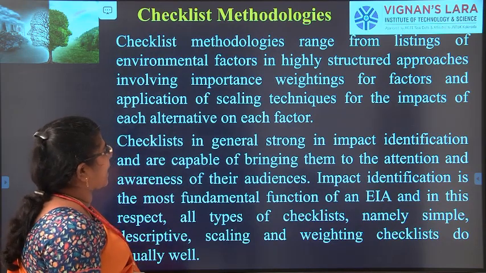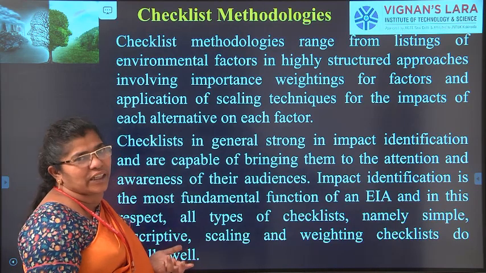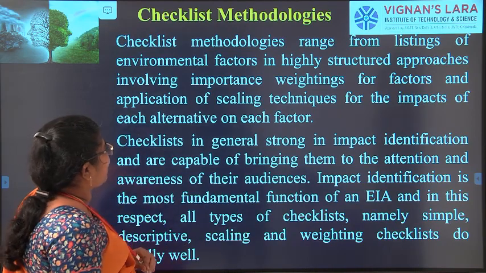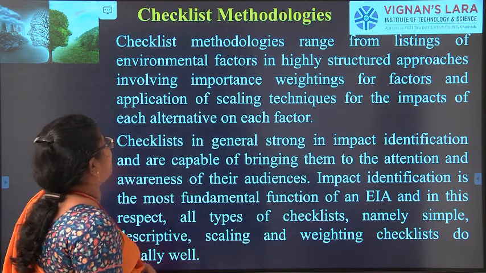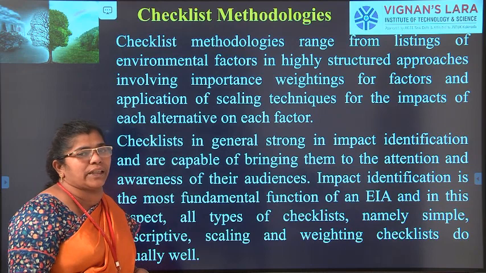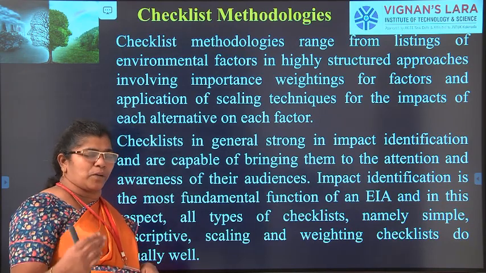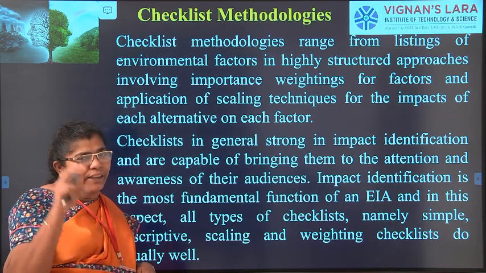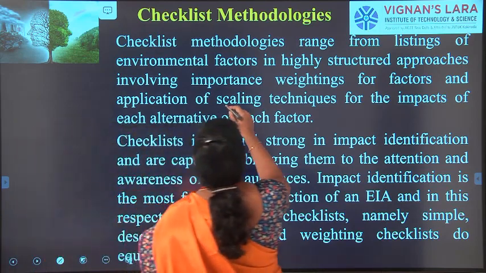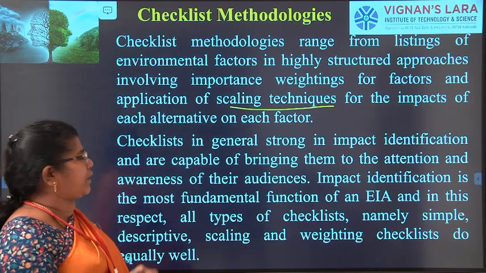Here we will go in for a checklist. What are the lists we will have, and we will get a questionnaire out of it, and give it to the people and we will get the checklist. Listing of environmental factors is a highly structured approach involving importance weightings of factors. Which will be affected most, that I will give in a checklist, and then I will go in for the approaches, so that I can get very deep into that checklist alone. Okay. So the scaling techniques for the impacts of that list, and what are the alternative factors of that impact alone, that I will go into.